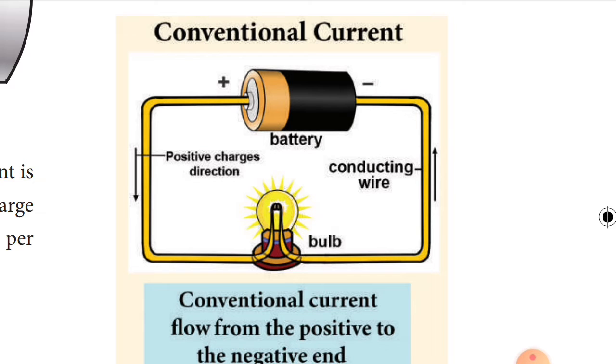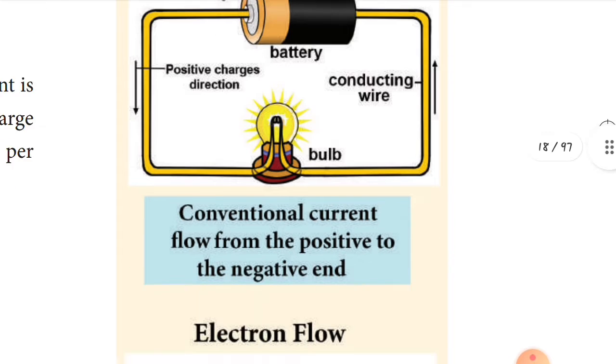See this battery, children. It has two ends, one is a positive and another one is a negative terminal. Already you know the longest terminal denotes the positive and the shortest terminal denotes the negative. So here the positive terminal is joined to the bulb and again the bulb is joined to the negative terminal. Is this clear to you, children?